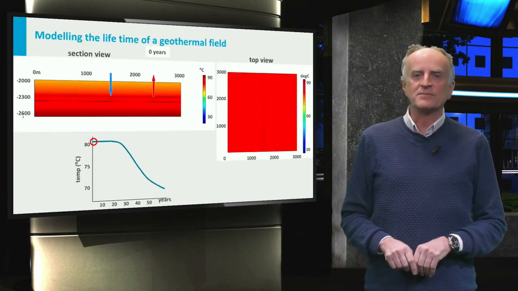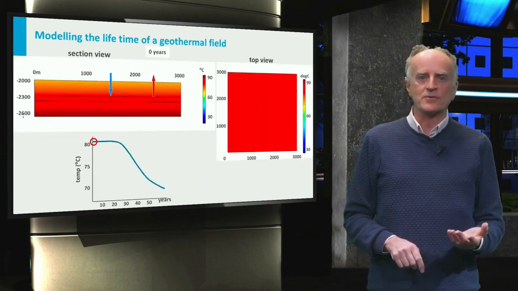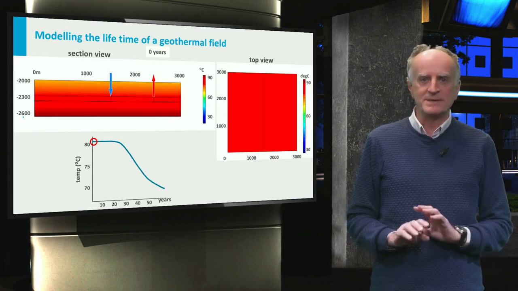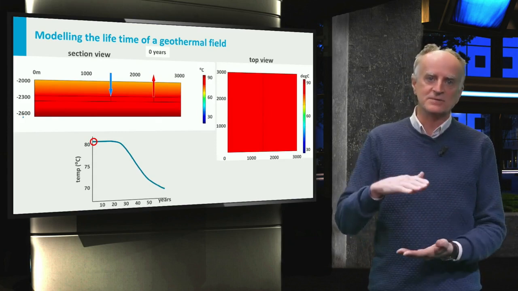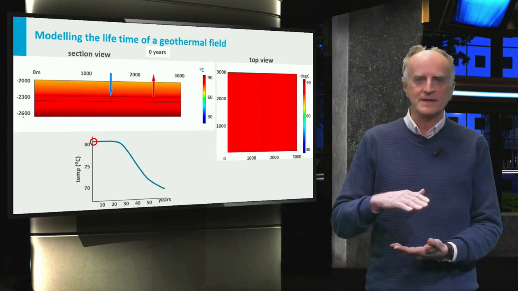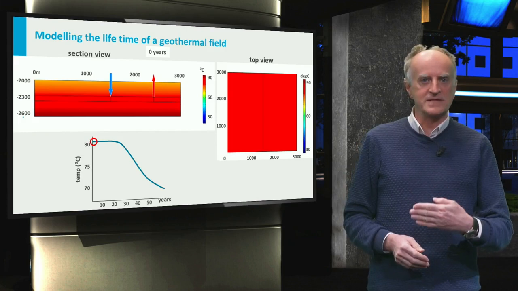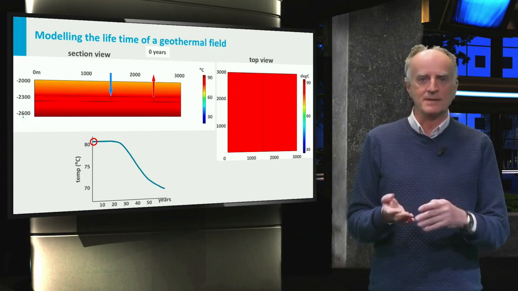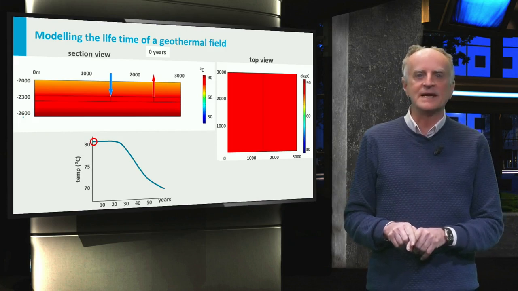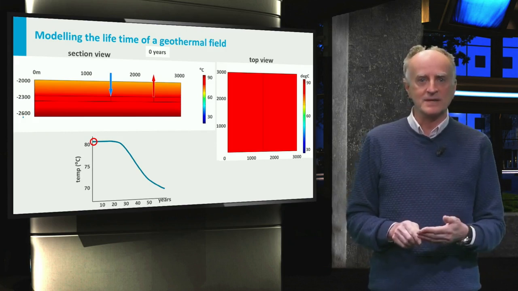In this series of numerical simulations, we show how the geothermal system behaves. Our simplified system is composed of a fully homogeneous aquifer sandwiched between two aquitards. In the slide, you can see a vertical section through the system and a map view at the middle of the aquifer. The plot at the bottom of the slide indicates the temperatures at the production well as a function